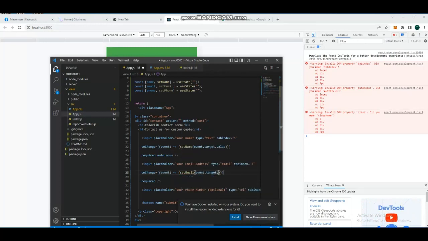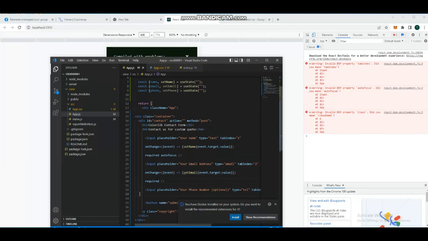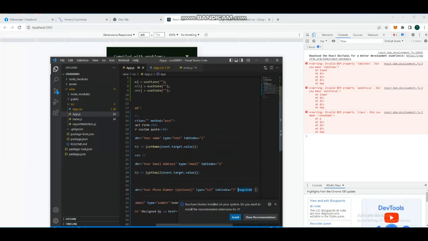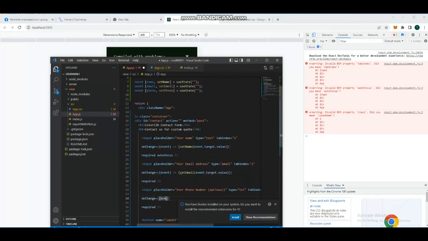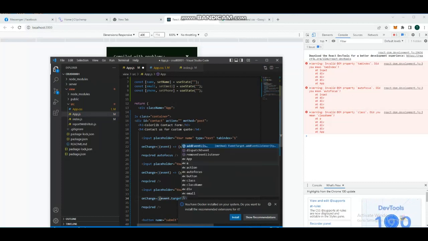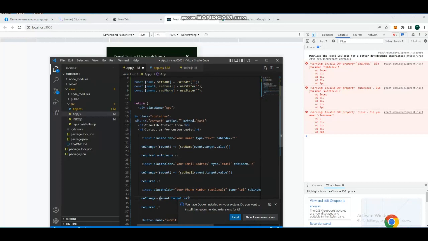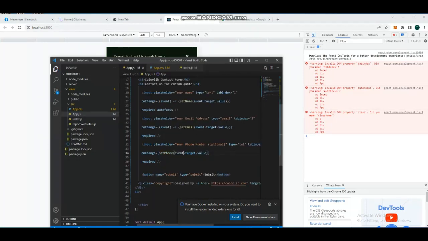And then same as well here, okay, so onChange, right, event.target.value, but we still didn't add here the setPhone, so we need to do that, okay, and then we also need to do the event in here. So sorry guys, don't be confused. Alright, so since everything is